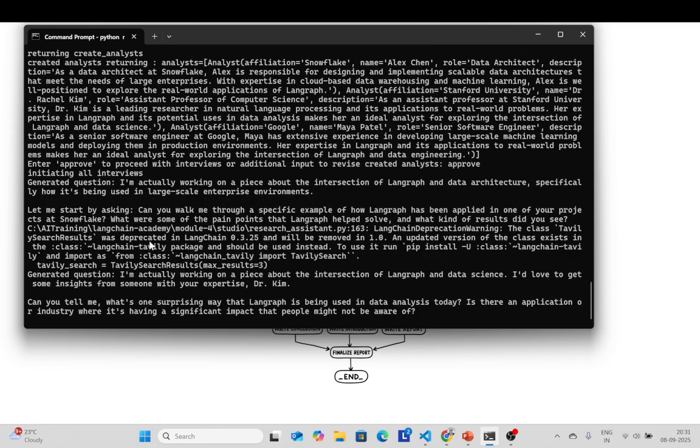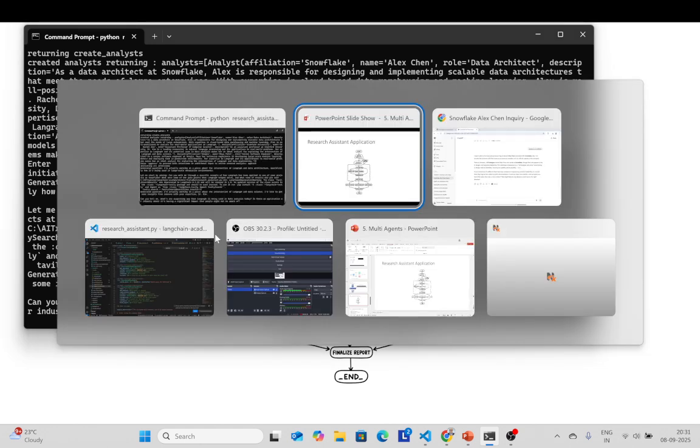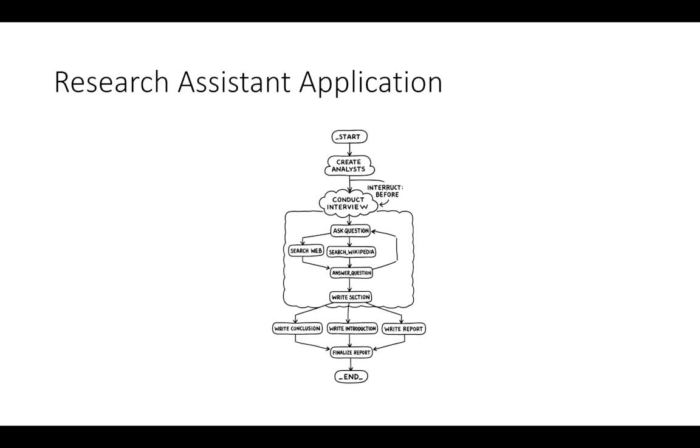Okay, and I'm just printing the questions. I'm not printing the answers, right? But then these interviews are going on. So while these interviews are going on, let me just touch upon the features that we have used in